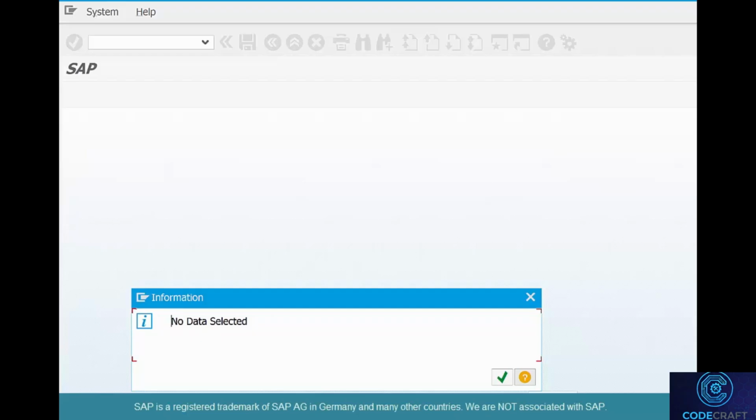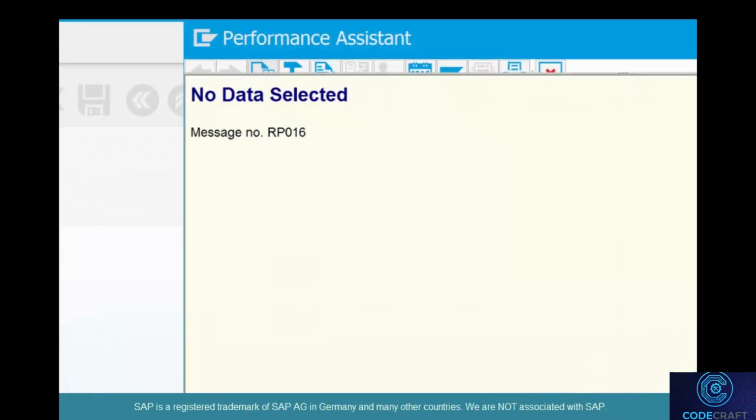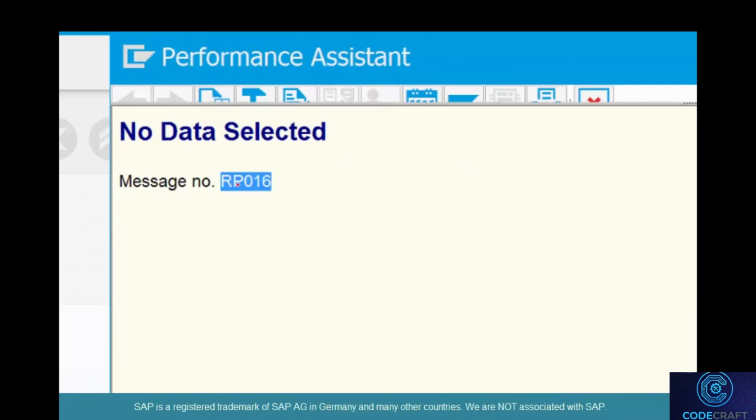We'll see what it is. So click on Help, and this is the message number, RP016. Most messages will have this kind of a format, 2 plus 3. The first 2 characters is the message class, and the last 3 characters or numbers is the message number. So make a mental note of it, and then we're going to go open that message class,